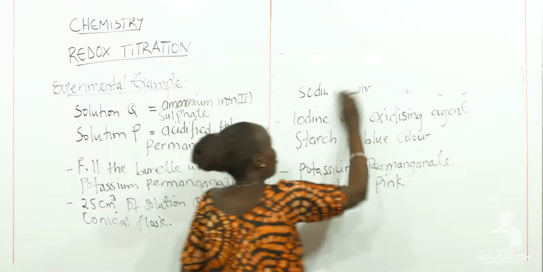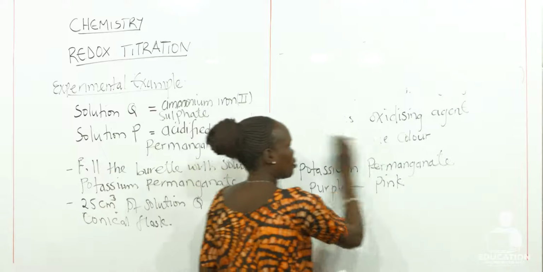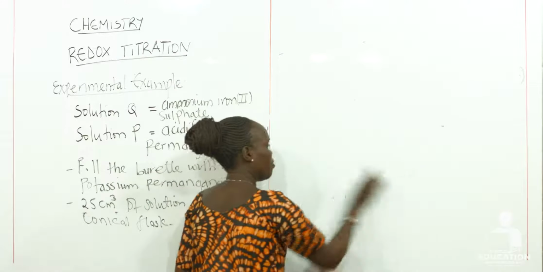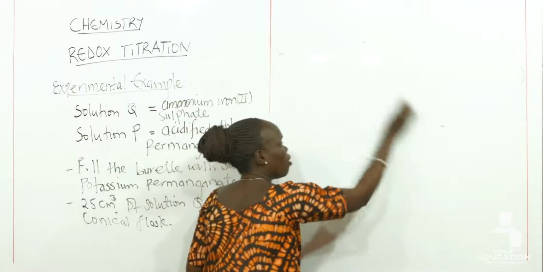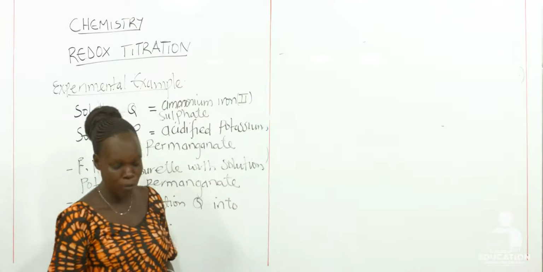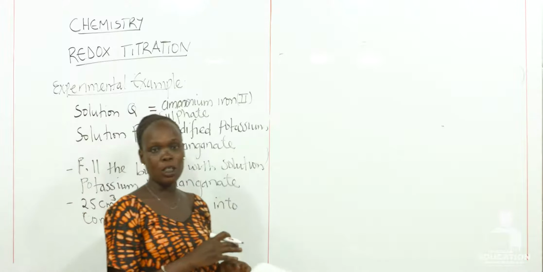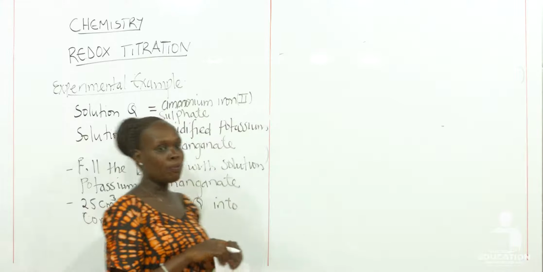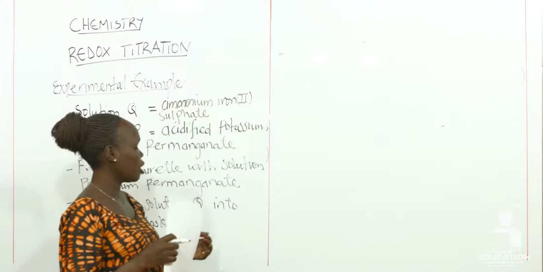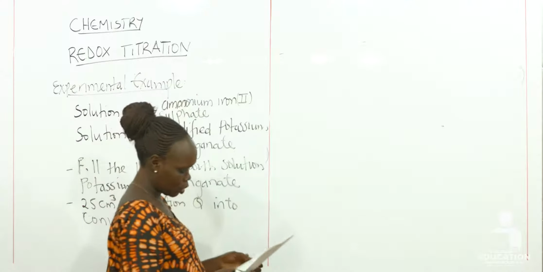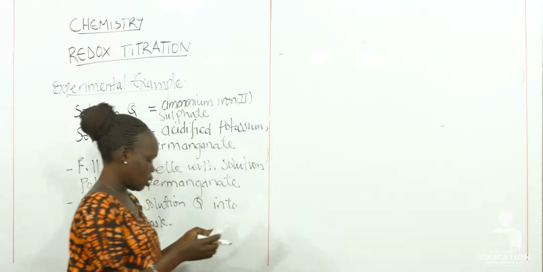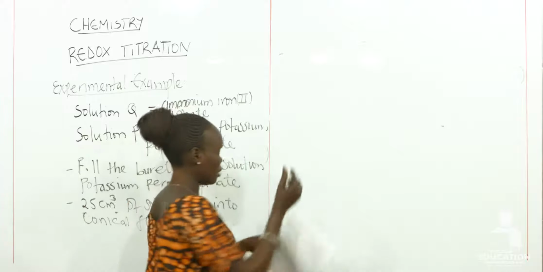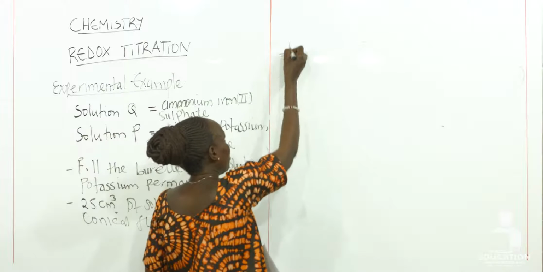So we shall have to repeat it 3 times to get consistent values in order for us to get the final volume, or the titration volume, that we needed for potassium permanganate that reacted with the solution in Q, which is ammonium sulfate, iron sulfate. So according to the results here, or the samples provided here, remember that we have the first titration,